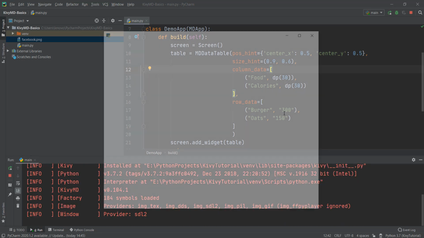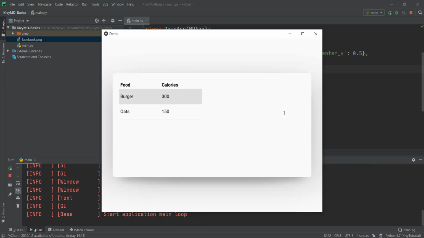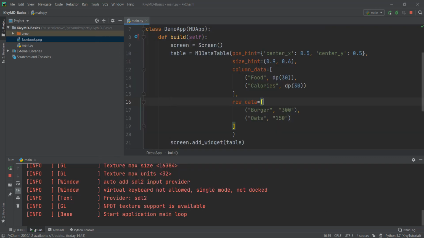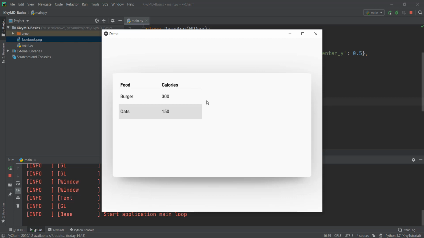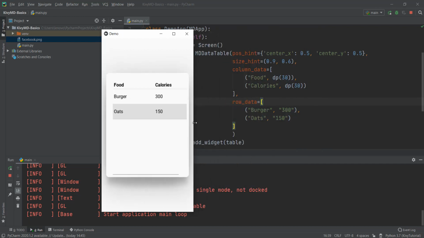And if you're confused when I say format everything properly, I just press Ctrl Alt and L on my keyboard, and that formats everything properly if we are using PyCharm. So now you can see it actually starting to look pretty good. It has background shadows, it's in the center of our screen. And if you minimize this, you can see that our food and calories are being shown properly.